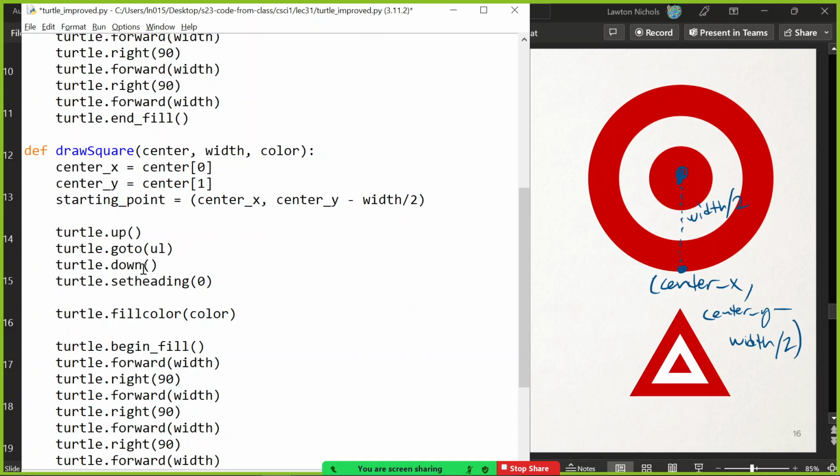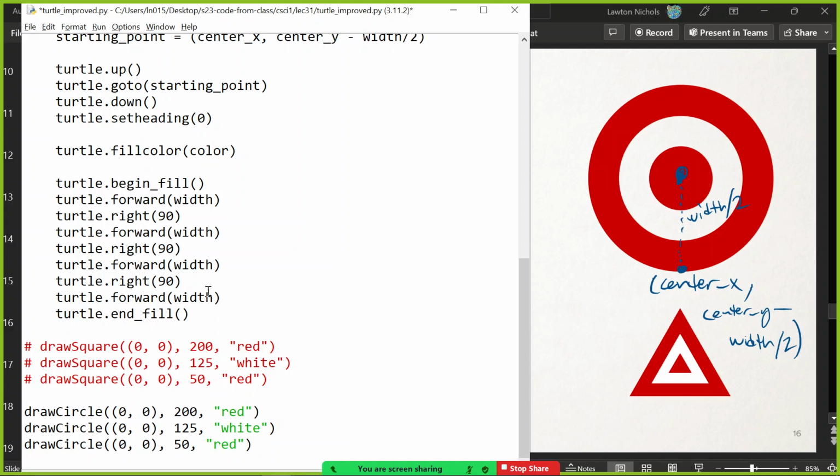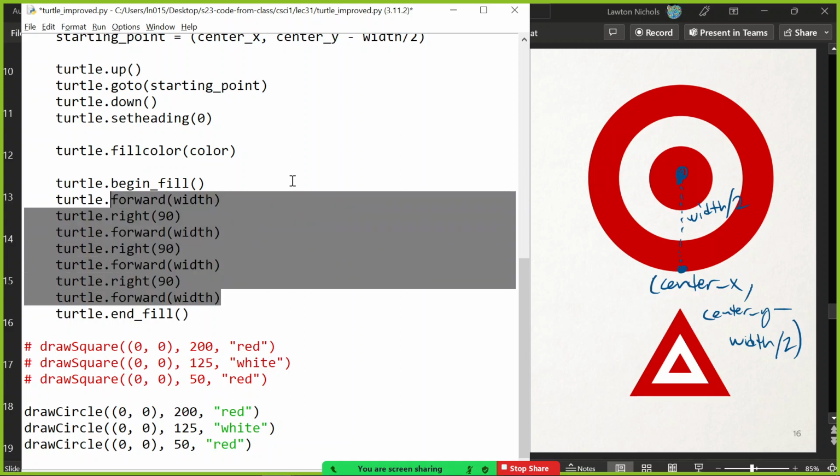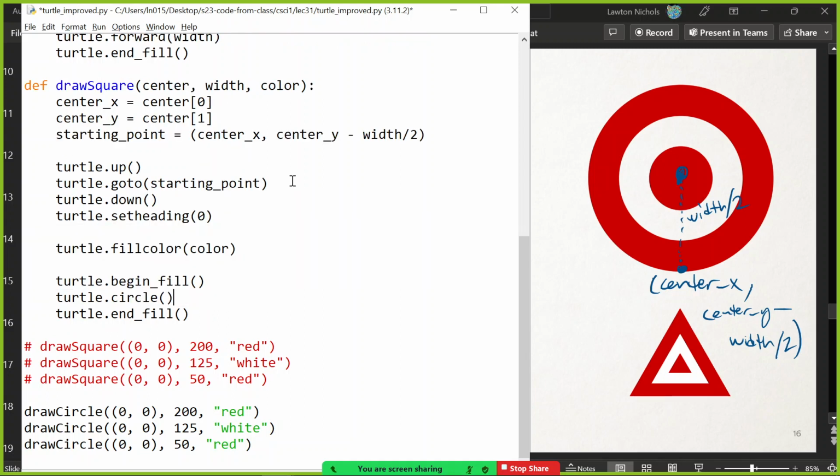And then, let's see, we can go to, let's just go to starting point. That's what we're calling it now. And then, I guess the heading doesn't really matter, but we'll keep it there, that's fine. And then change the color, and then it's not go forward, it's turtle.circle. And you give the radius of the circle you want to draw, and apparently width is our diameter.